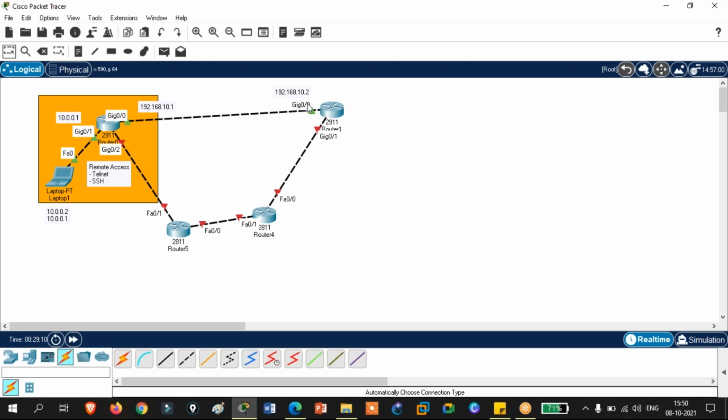The first path is the upper path, and the lower path is this one. You need to configure on the router, if you want to go to this network 10.0, which path you want to choose. That selection of the best path, that configuration of the path, is known as routing.